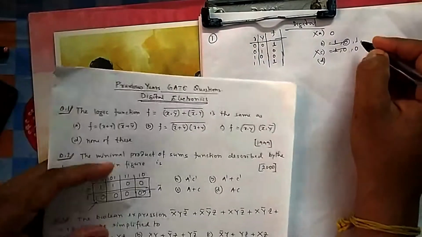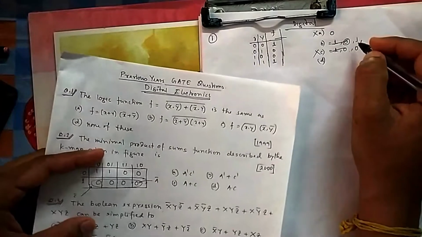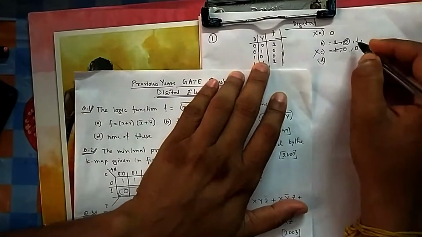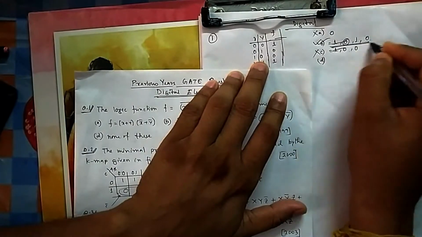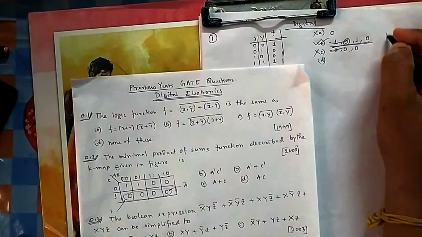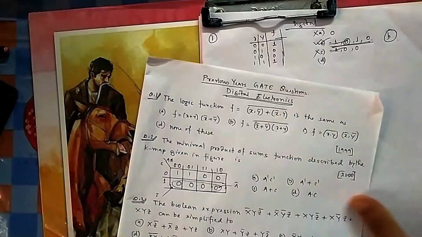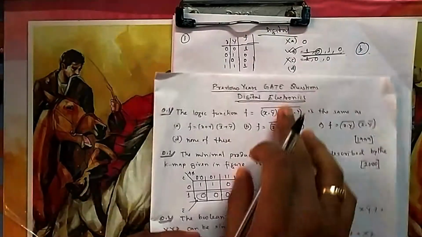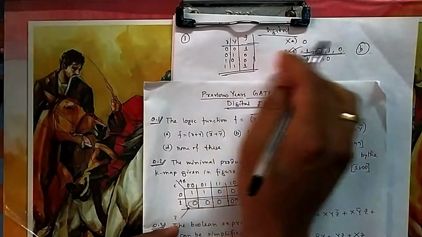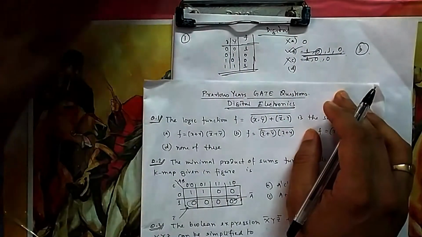So okay, then if you put, so ultimately you are left with, you see 1 0 also, 1 0 also it is coming 0. So ultimately you are left with option B. So B is satisfying all 4. That's why B is the correct option. So for this two variable type question, you can try with this type of truth table format, or you can simplify it also, no issue.